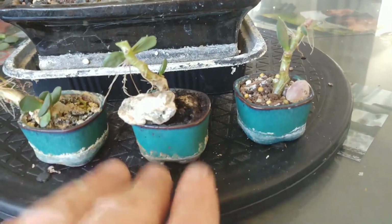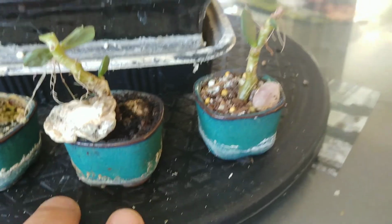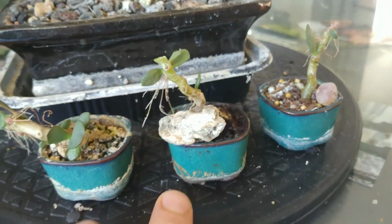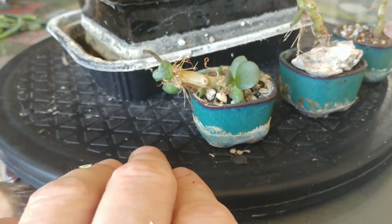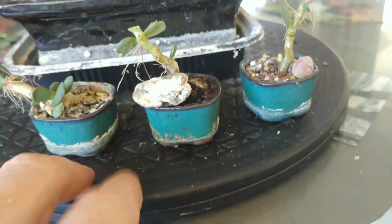I like that. But you can see, that's my fingernail to scale. These are tiny, tiny pots. Fun and challenging to work with. A little high maintenance. So why don't we get to what my secret weapon is going to be out in